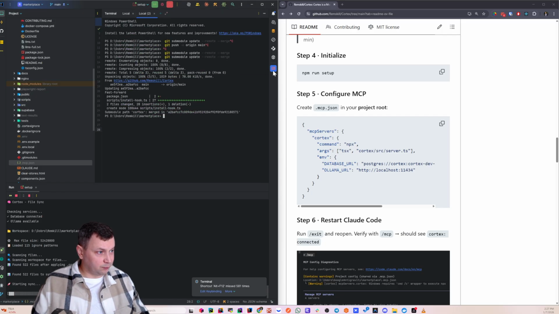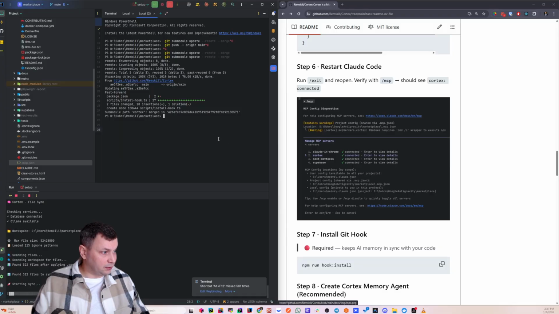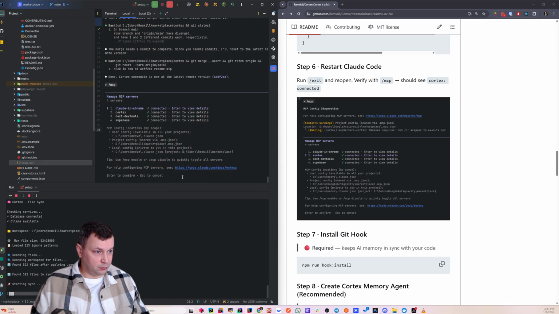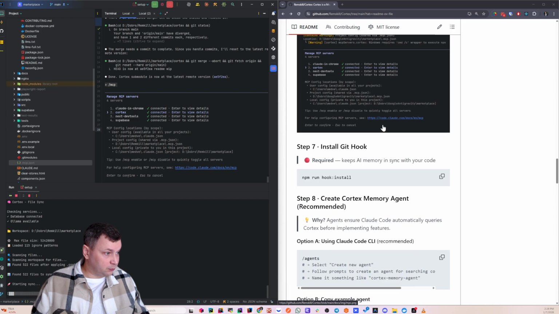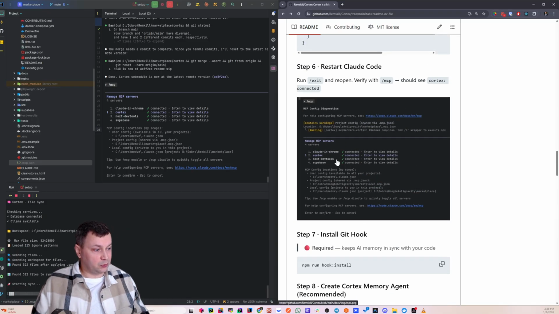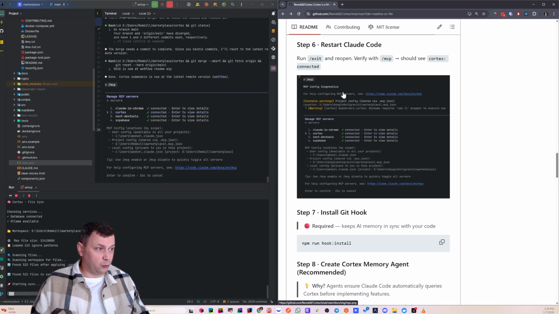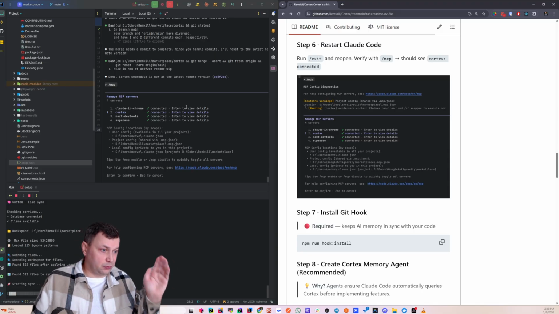And what you're going to do next is go to your MCP servers, and you should see your Cortex connected. Once it's connected, you can install GitHub. Oh, that doesn't really matter. You can install GitHub without waiting for Cortex to be ready, but no, you should have it. So Cortex should be running because otherwise you won't be able to sync. No, you would be able to sync, but